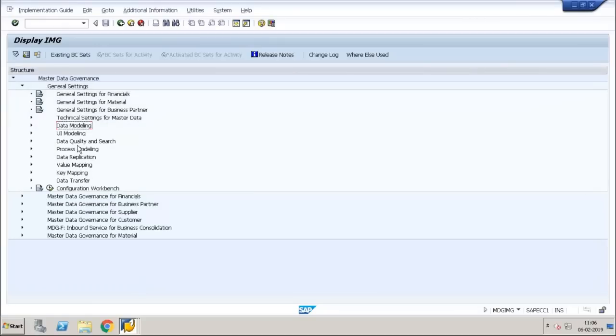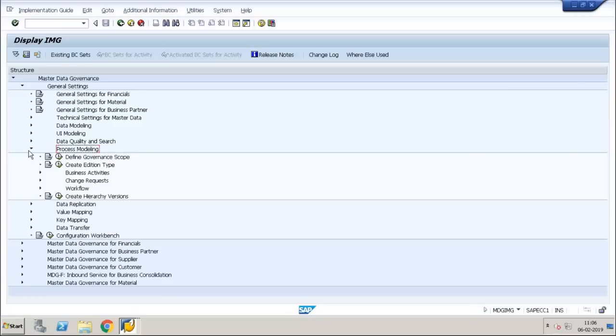So in the process modeling, we have business activities and change request types and workflow. First, I'll open the business activities,